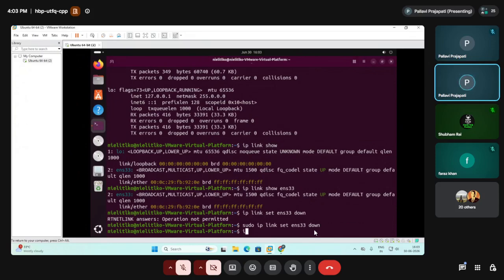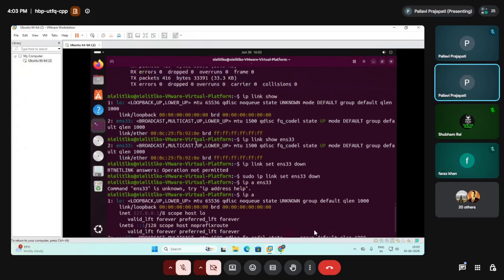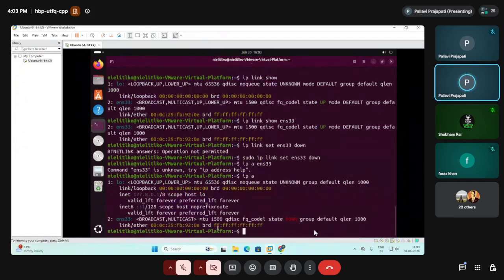We can just see ip a and ens33. Yes, it's good. Now you can see the state is down. That means we have disabled it.